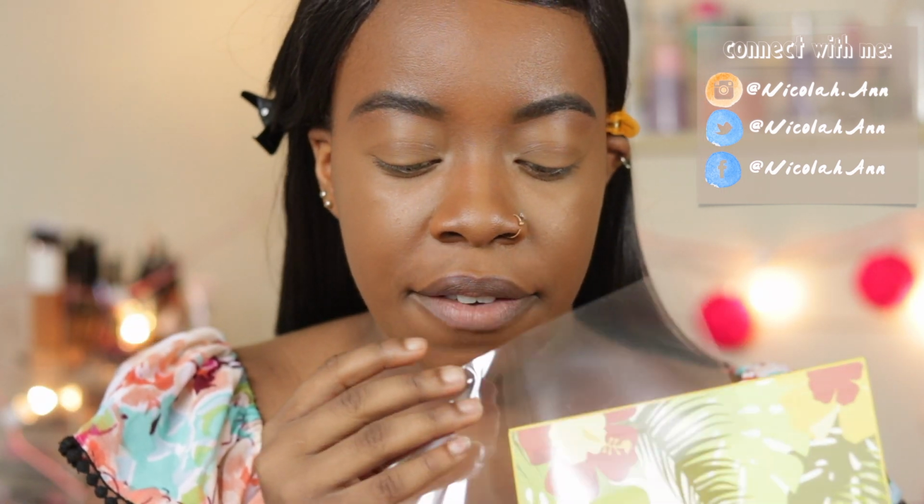The palette looks, and this is the outside packaging. It's this really nice kind of yellow, very tropical. You definitely get that feel, and it is supposed to be inspired, for those who don't know, by the colors and the vibrancy of the Caribbean country of Cuba. Boom. Cuban food is